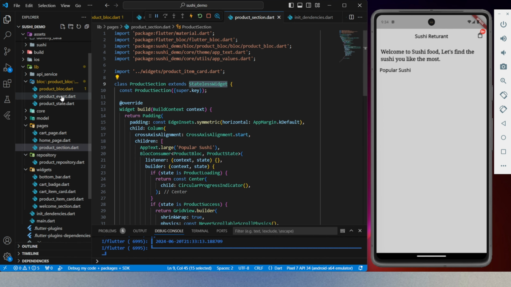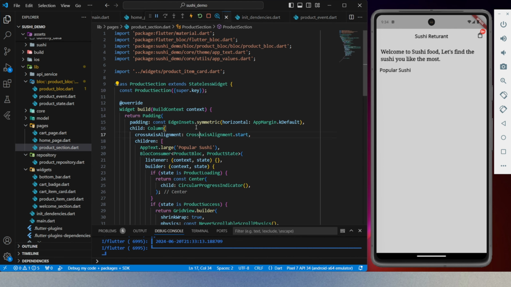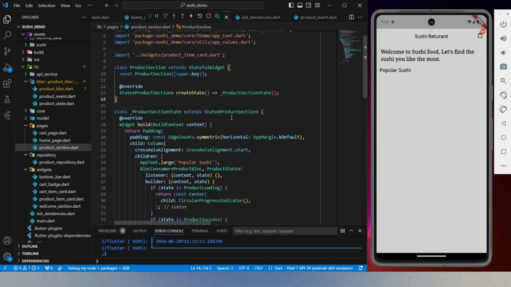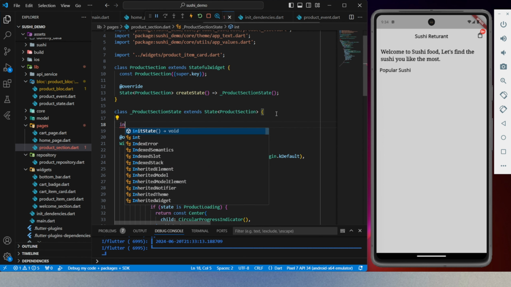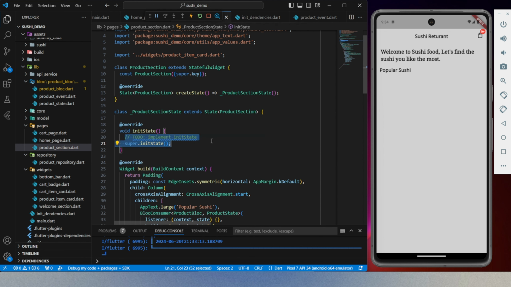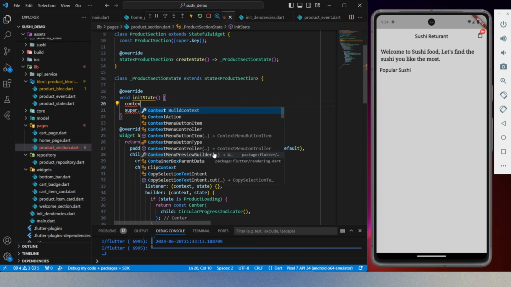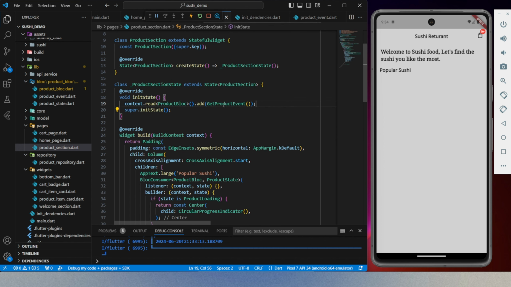Because we forgot to call the get event function in initState. So just go to our product section and convert the stateless widget to a stateful widget, and we have the initState function. We just call context.read of the product bloc and .add the get product event. So if we reload our app,